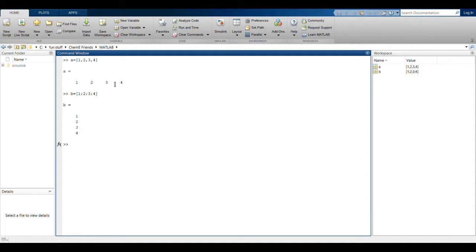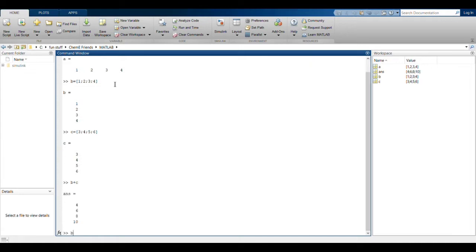Now let's get into how to manipulate matrices, as we have all studied matrices in, what, fifth standard. I'll assign another value C and create another column matrix. Now we can add between matrices, subtract between matrices.